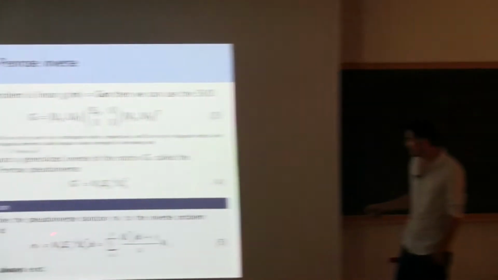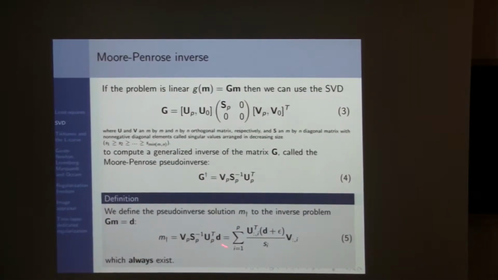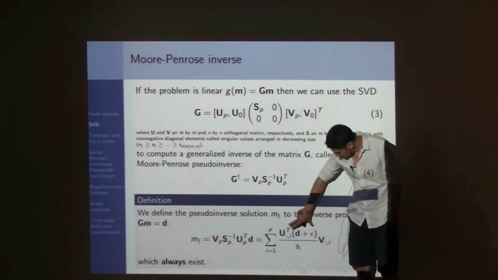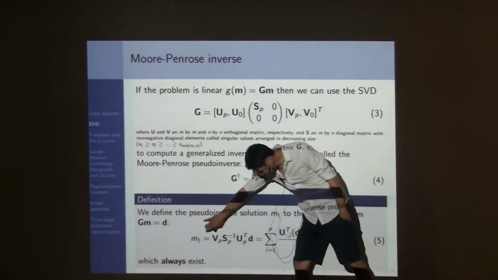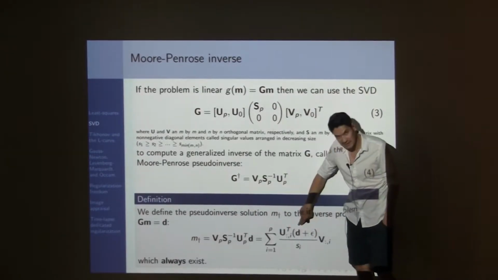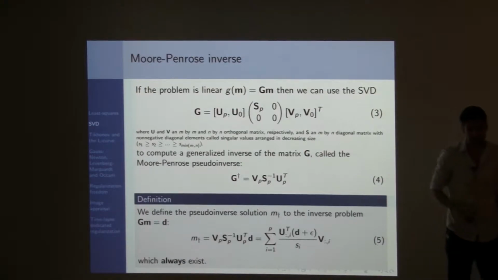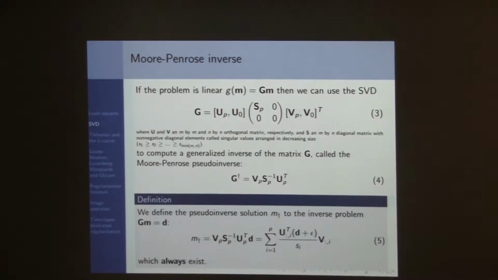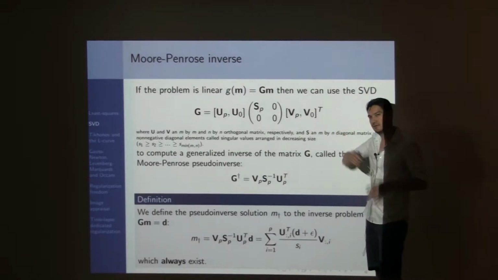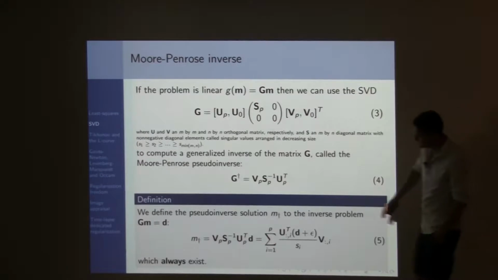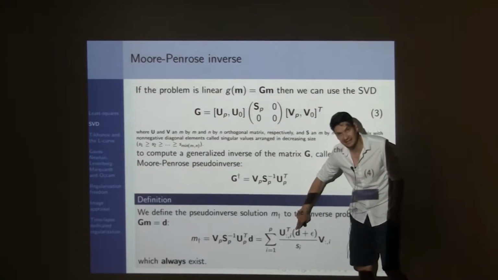And when you look at that solution explicitly, you can see that your model is a linear combination of this term with the columns of V, because they span the model space. So if you looked at V, it would be quite smooth. The first indexes of V would be smooth, and then if you go to a later stage, it will be more complex. And if you look at this particular term here, you see that the data d that we have